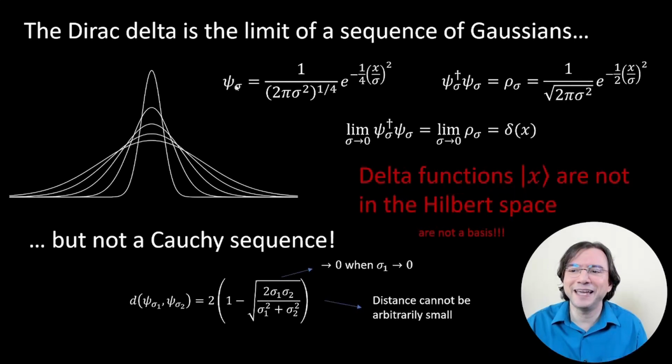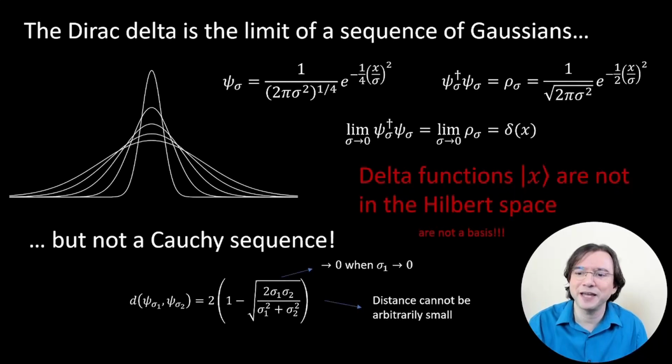We have a wave function here that corresponds to the square root of a Gaussian, such that when you do psi bar psi, the probability density is actually a Gaussian. So this factor of 1/2 becomes a quarter here, and this square root becomes a power of 1/4. And so what we are saying is that the limit as sigma, the variance, goes to 0, we get a Dirac delta. Now, of course, we can make a sequence where our variances keep shrinking